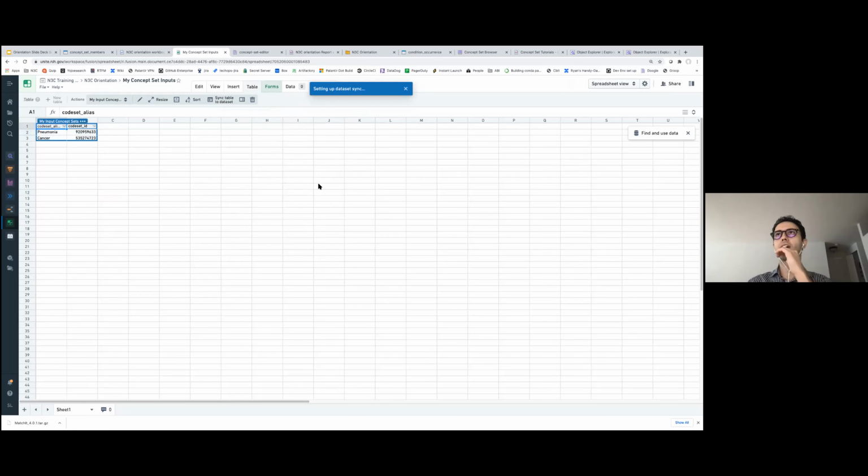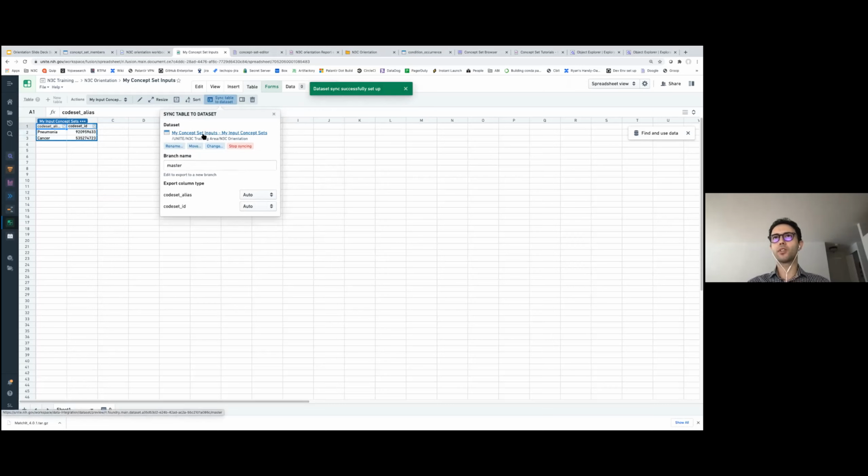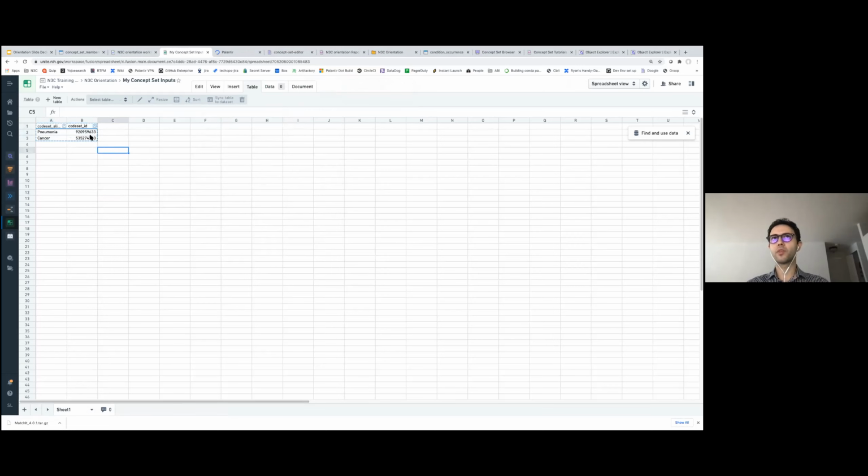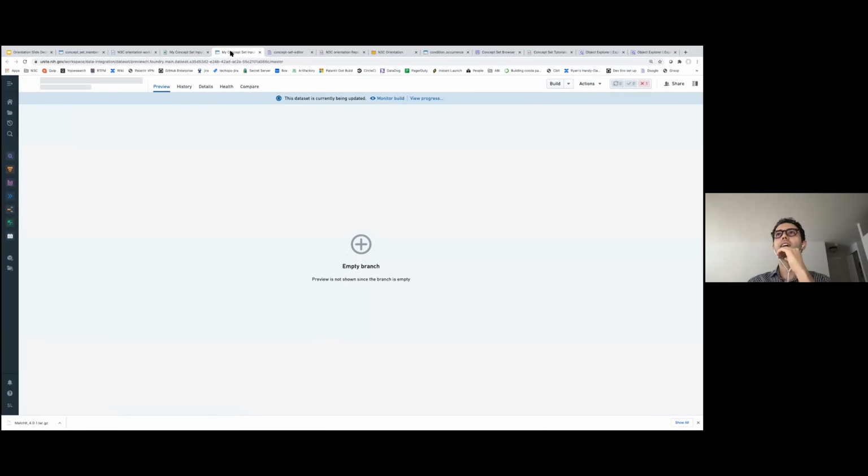So I'm going to click on add new table. What this is doing is it's going to create a corresponding data set, a data set corresponding to this spreadsheet. And it might take a few seconds to build. But what I can do is import this data set from my code workbook.